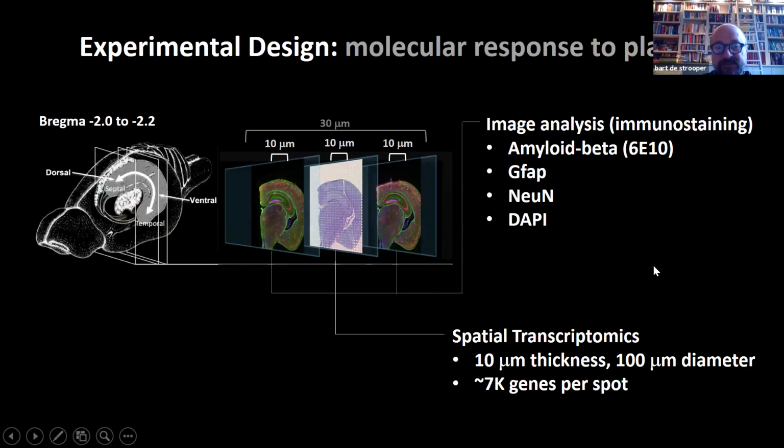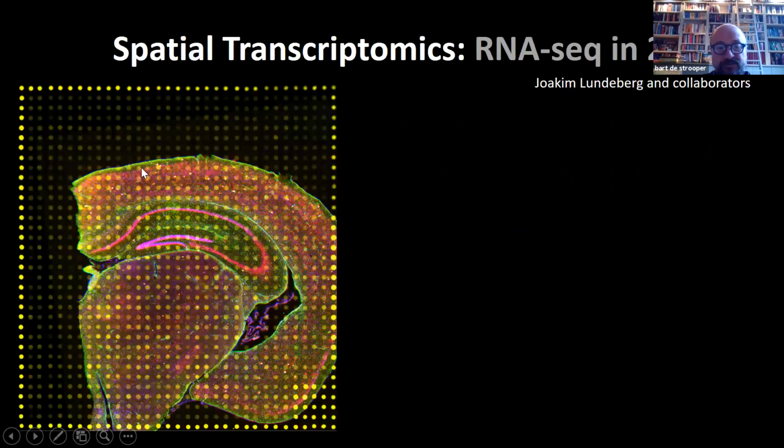And so here you see basically the setup of the experiment. We take a slice of 10 micrometer, which we stain. We have a slice here of 10 micrometer, which we use for the spatial transcriptomics. And you have another slice of 10 micrometer, which we again use for staining. And so these two slices give us morphological information of the transcriptional changes, which we will analyze in this slide. And so here you see a picture. This is a brain slice on top of such a spatial transcriptomic slice, which we did together with Joachim Lundenberg